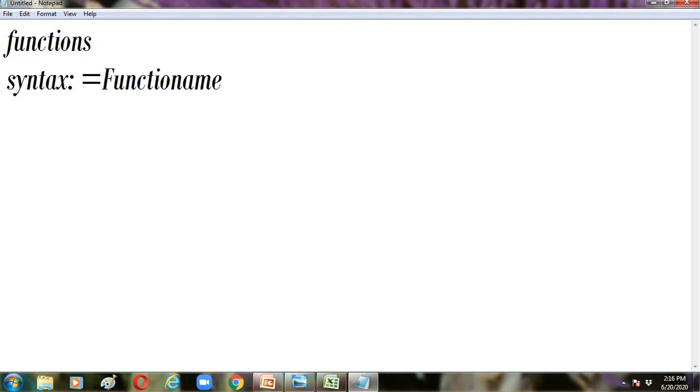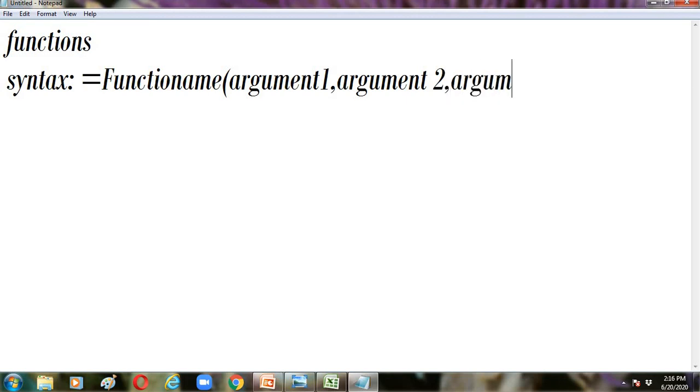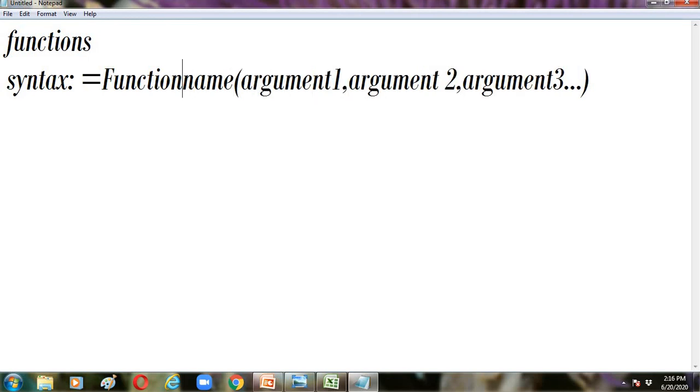After the function name you open the bracket and include your arguments: argument 1, comma, argument 2, comma, argument 3, and so on. Like this you can add any number of arguments. This is the syntax for a function.